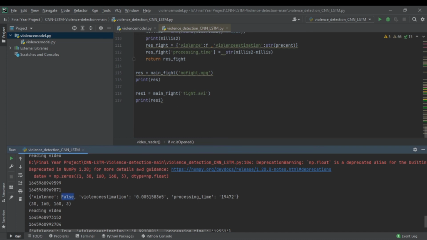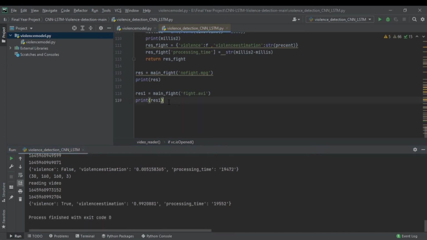And now at the end we have the last result, of the fighting video, which is actually a fight. So the violence variable, the boolean, turned true, that yes, it is a fight. So the node publishes the information to the topic that it is a true fight, so stop the robot, which will actually happen in the hardware project, which is our final year project in the